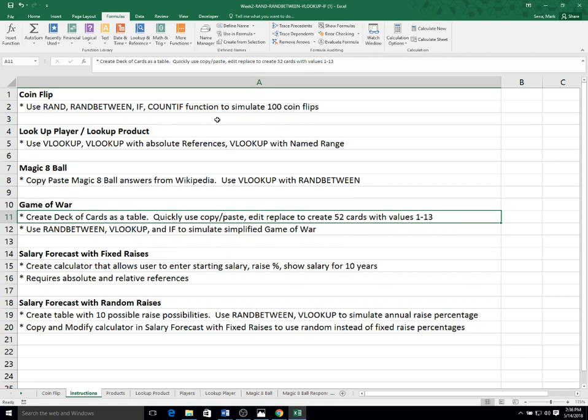Okay, for this next example, we're going to simulate the game of war, which most of you know is a card game where two people turn over a card and whichever one is bigger is the winner. Sounds pretty simple, but it's actually fairly complex to model in Excel. So I'm going to go over to the